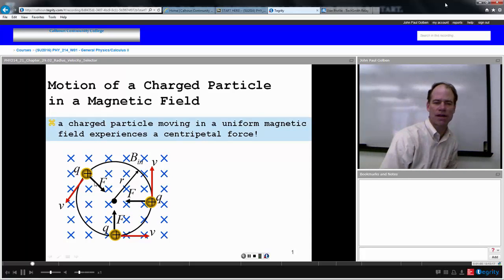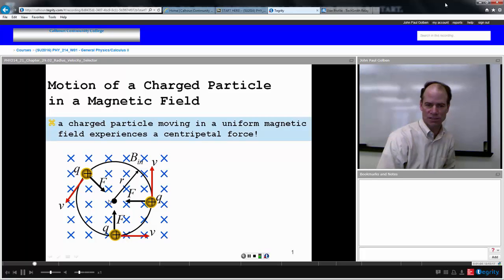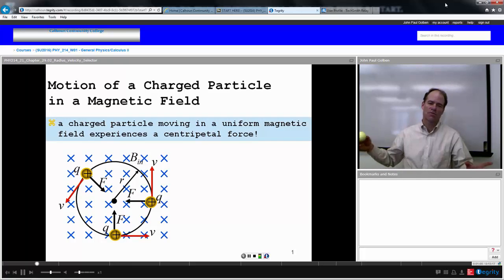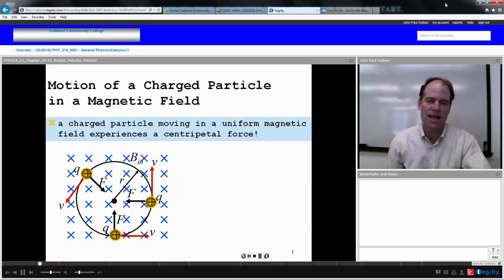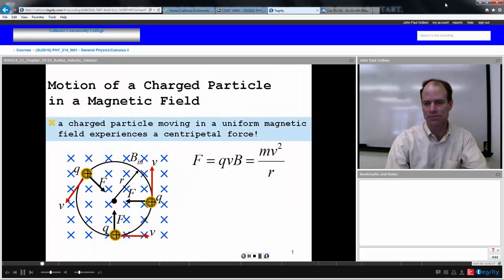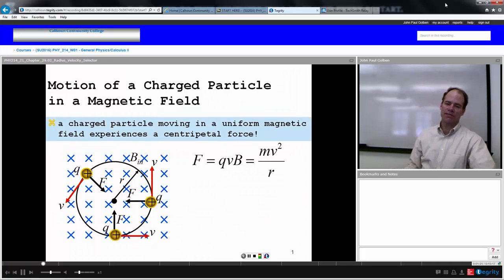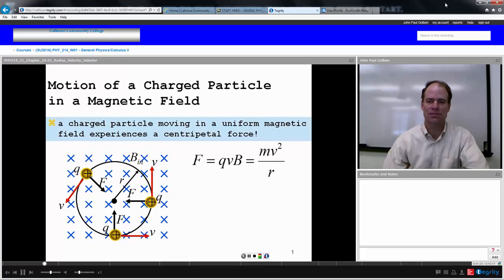Sometime later, it finds itself over here. The force is always going to be perpendicular to the direction it's going and inward on this circle. So this particle comes in and starts moving around in a circle where the magnetic force acts as the centripetal force for that motion. So we have that qvB is equal to the centripetal force, mass times centripetal acceleration, v